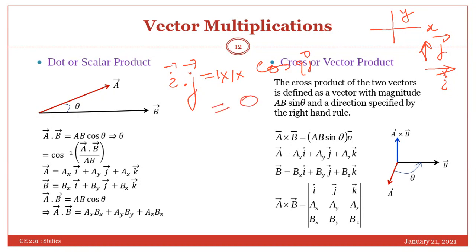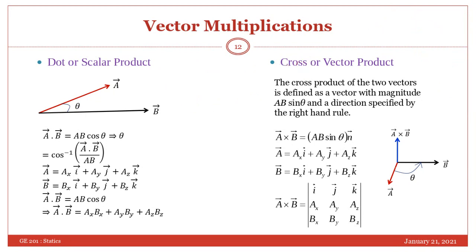So whenever you are multiplying I with J, I with K, or J with K, any two different Cartesian unit vectors, the answer is going to be 0. Therefore, if your vector A is expressed in the form of components AX I plus AY J plus AZ K, and you multiply this vector